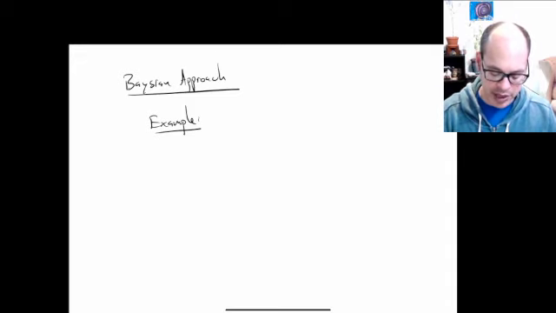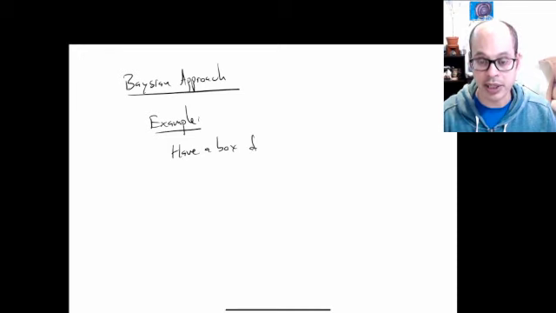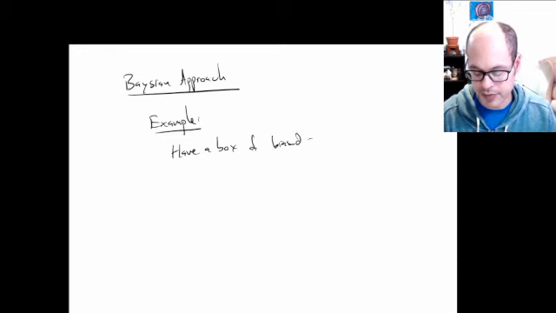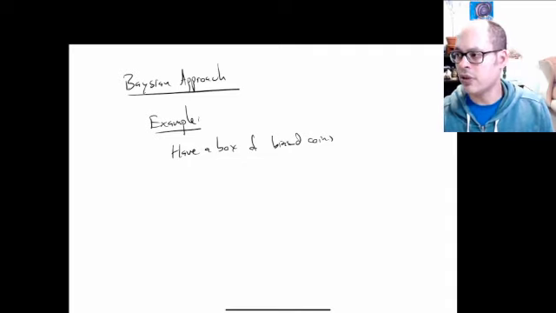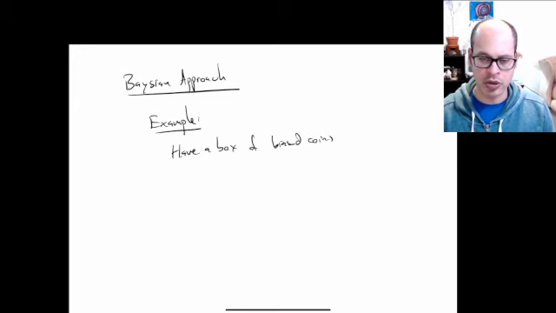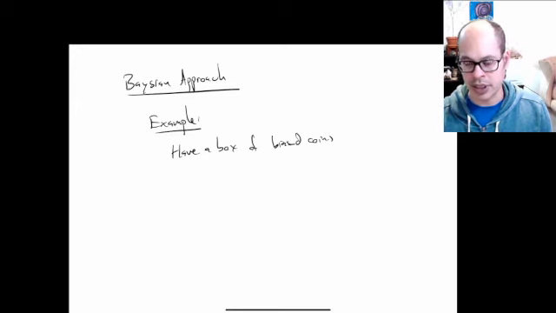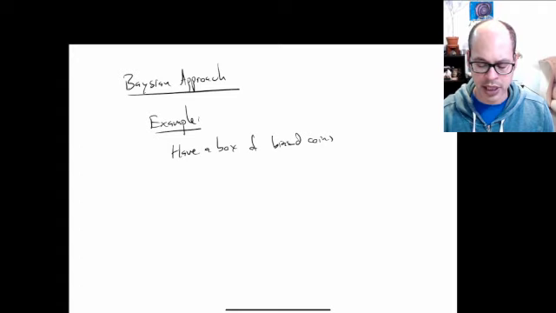So let's suppose we have a box of potentially biased coins. And moreover, we know something about the distribution of these biases. We know that it's just as likely that I'll get a coin with 30% heads as I will with an 80% heads, as I will with a 50% heads. In other words, I'm going to assume that the different parameters, these thetas, are uniformly distributed in the box of coins.